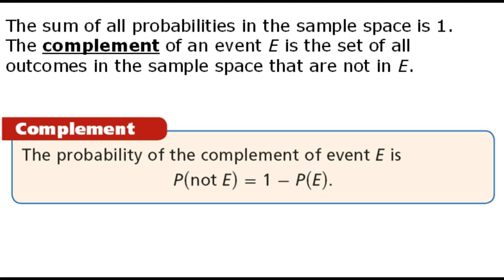If you want to find the probability of not E, or the event not happening, you can do that by subtracting the event from 1. So the probability of not E is equal to 1 minus the probability of E. Okay, and I'll give you just a little hint on this. This will come up a little bit later in the chapter, but